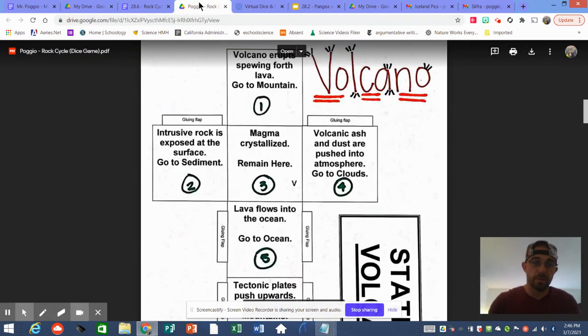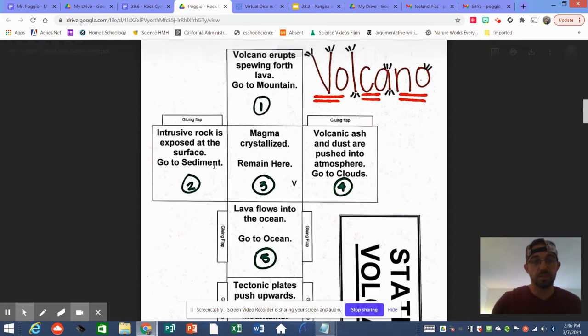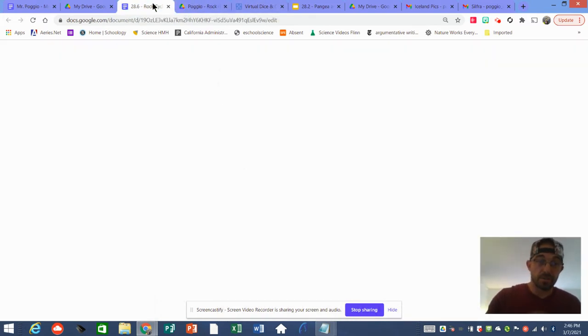So you're going to go back here and say number 2 for volcanoes. So intrusive rock is exposed at the surface. So I'm going to go to sediment now. So I'm going through the process of weathering and erosion. So now you're going to go back to your